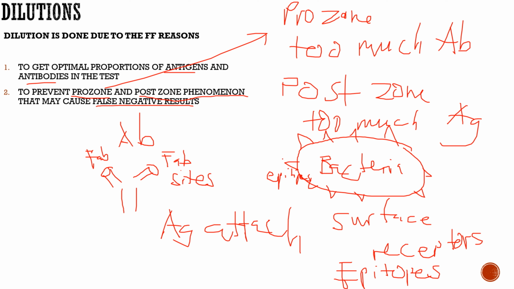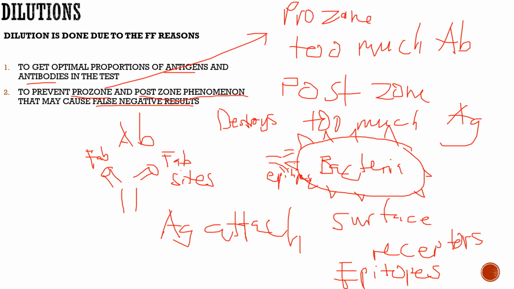So, drawing ako ha. How do I draw it? Wait lang. Ganyan. Sorry class, ang pangit ko mag-drawing. So, ganyan yung mag-a-attach ngayon dyan sa FAB site yung epitope. So, the FAB site would attach to the epitope, causing binding. Tapos, pag nag-attach na siya, the antibody would destroy the